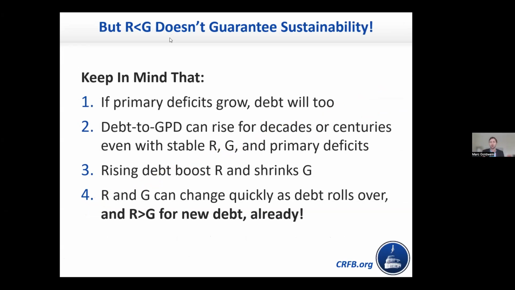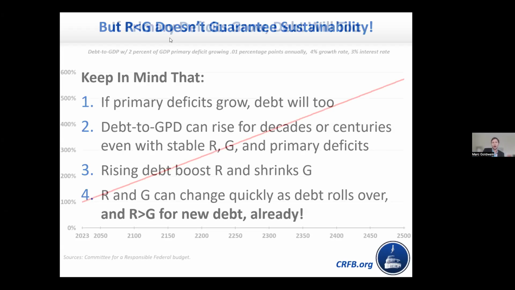On top of all of this, I think it's important to remember that the interest rate and growth rate aren't stable and they're actually affected by the debt. Literature out there suggests that each percentage point of GDP you add to debt increases interest rates by 2 to 3 basis points, meaning every time you increase debt to GDP by 1%, the interest rate goes up 0.02 to 0.03%. That's not that much for 1%, but that adds up to a lot. On top of that, higher debt slows economic growth. And so the more debt you have, the higher your interest rates, the slower your economic growth. And so even if your R starts below G, high debt is going to boost your R, shrink your G, and eventually they may swap.